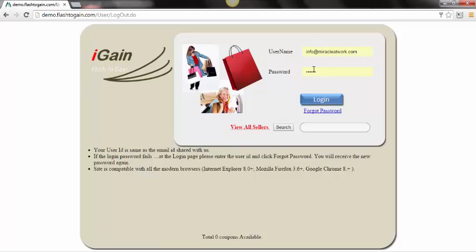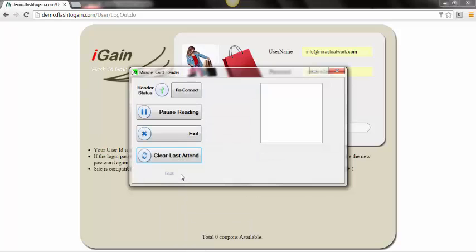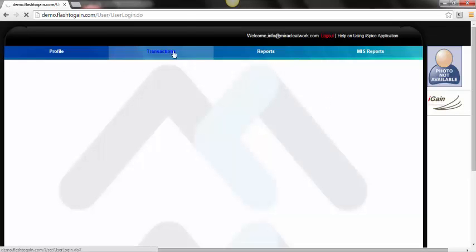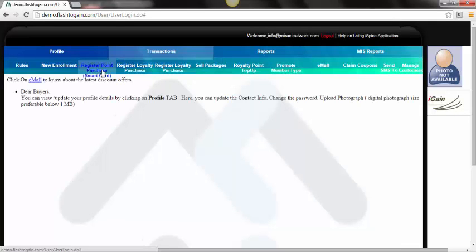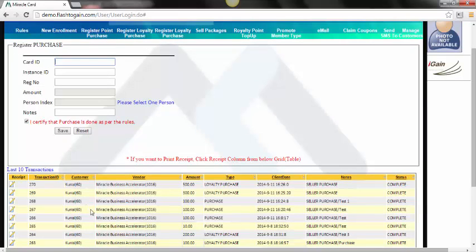Now I will take you to the seller login. Notice that this is a new session in Google Chrome where I am logging in as a seller. On the seller's machine, our smart card software needs to be there in order to access the smart card data. I will now log in and show you how this application reads and writes on the user account for the loyalty points. So the seller will see a tab called transactions. Therein he gets one option to register point purchase using smart card.